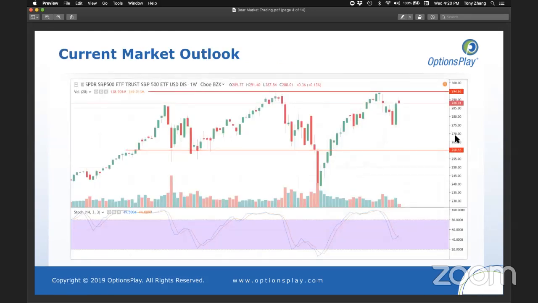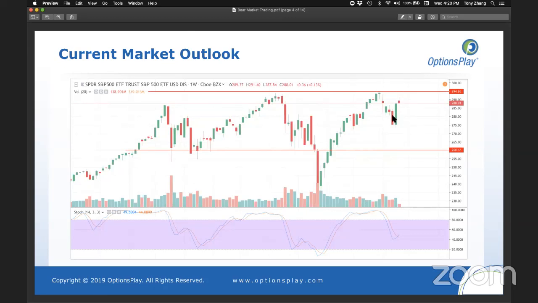I'll just do a very quick analysis of the S&P 500. This is a weekly chart on the S&P 500, so this is spanning roughly about a year's time. As you can see, we pretty much had this double top around 295 that's been rejected twice, once around September of last year, and once just about a month ago when it peaked in early May. And we had a recent sell-off, but quickly rallied right back near to that